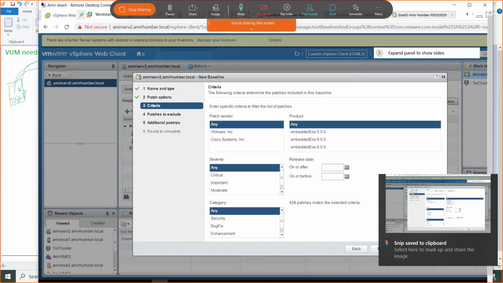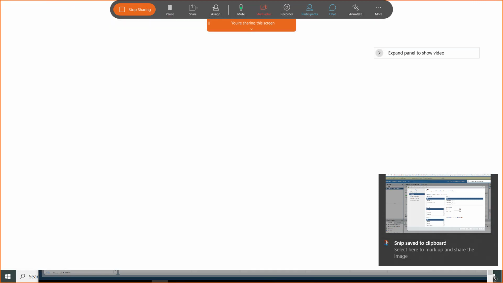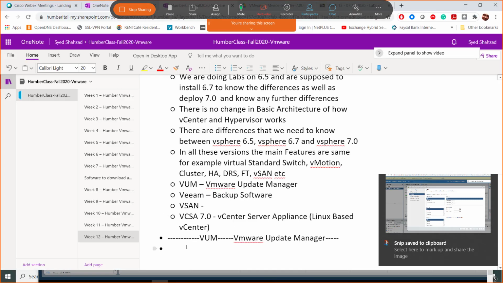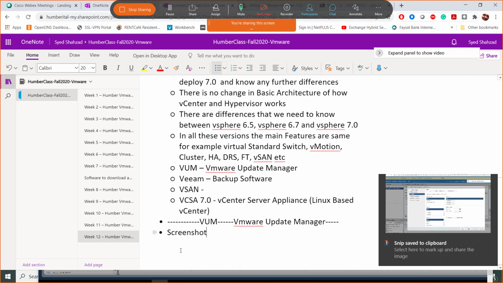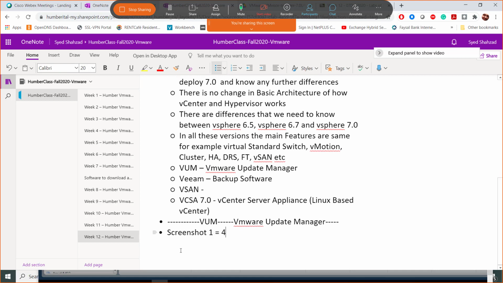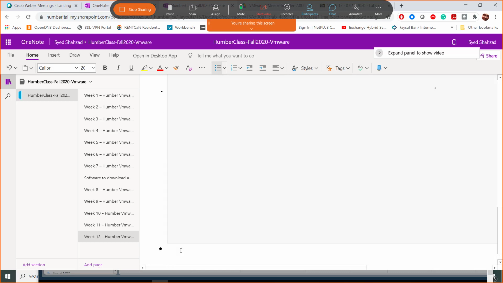And go to our OneNote screenshot. 438 patches, or whatever your number is, just type that, 438 patches in VUM. And take the screenshot, and I'll put this there as well.